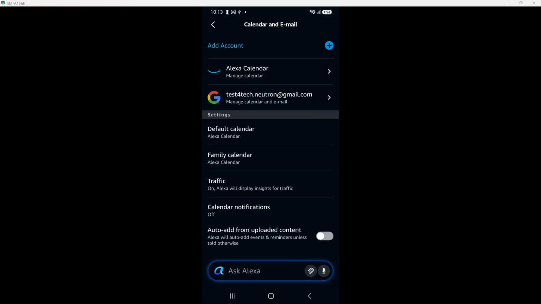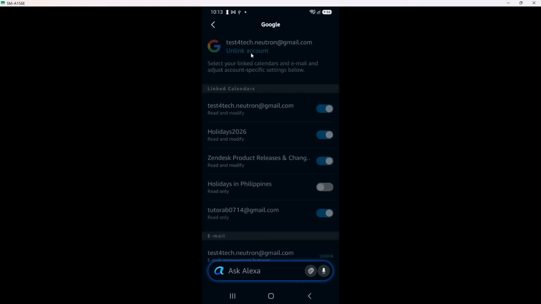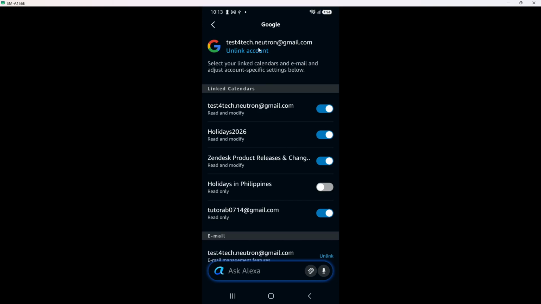Finally, tap on Done. This action will save your settings and finalize the synchronization process. You should see a confirmation that your calendar is now linked to Alexa. This step is essential because it ensures that all your changes are saved and you can start using Alexa to manage your calendar effectively. With these steps complete, you are now ready to enjoy the benefits of having your Samsung